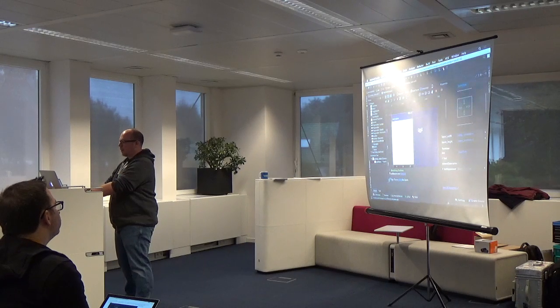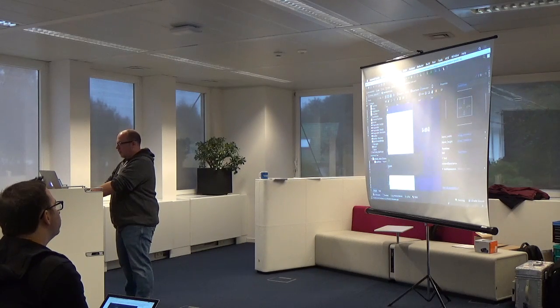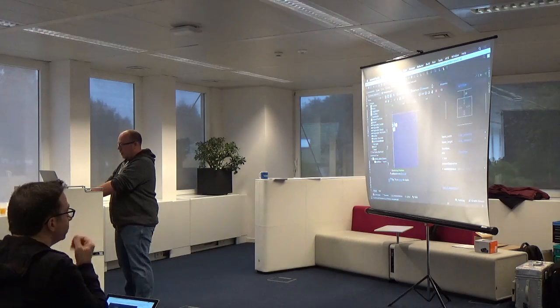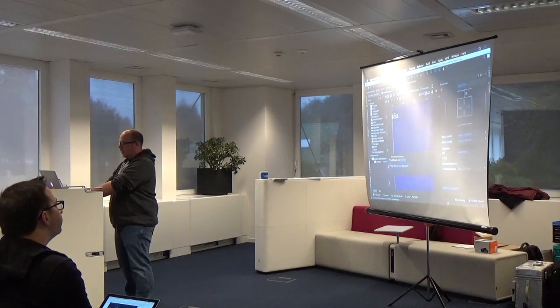So let's try to make a constraint again. We just click here and drag a line all the way to the top and do the same thing from the side. So now we have two constraints, one to the top, one to the side, and we have the same thing with the fixed number. And so now if I go back to this view,